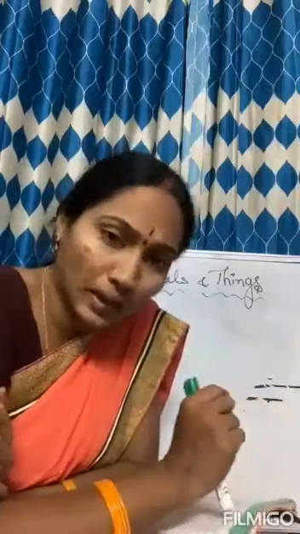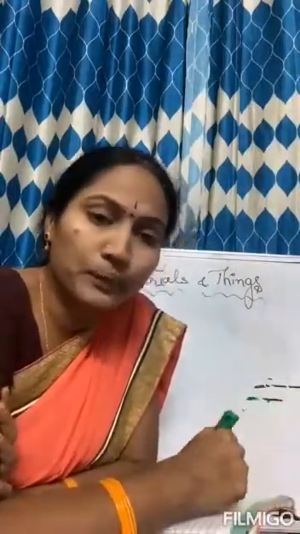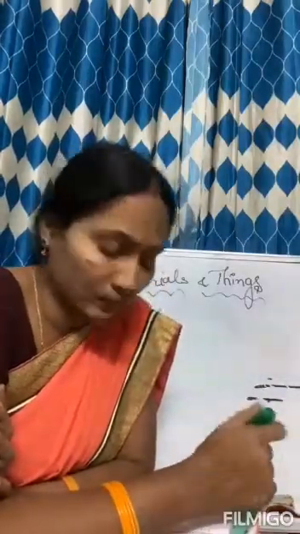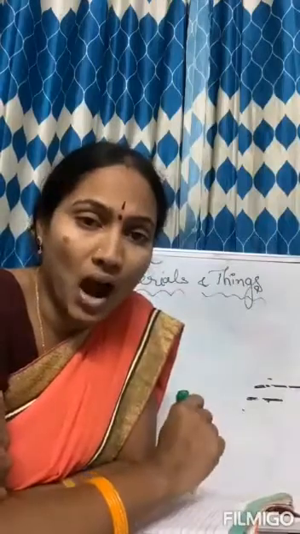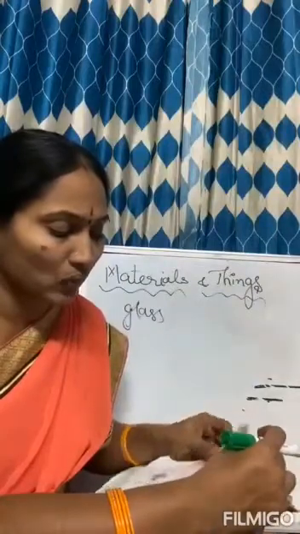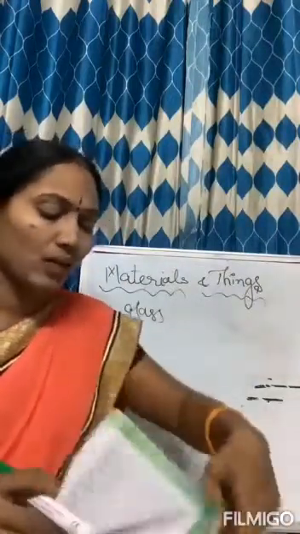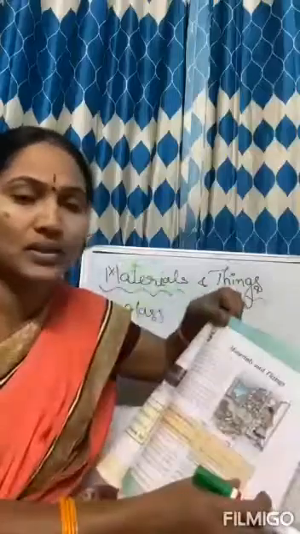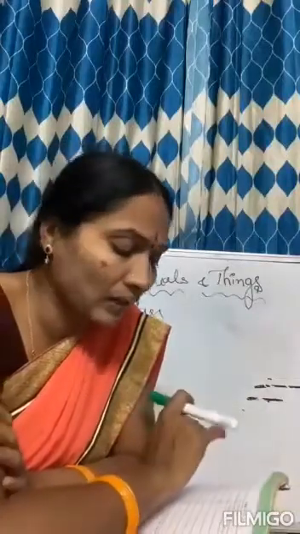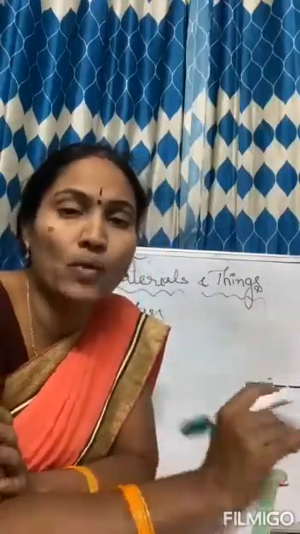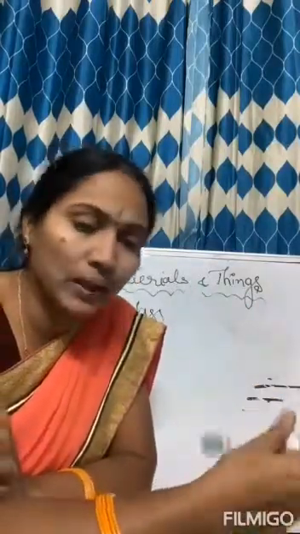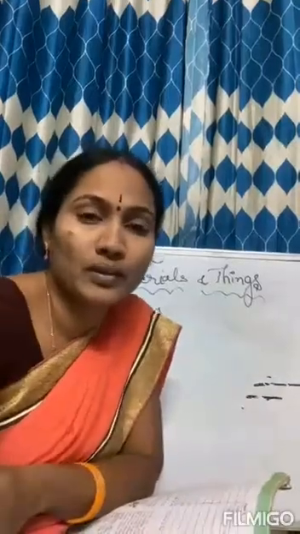So your homework is only table number 2. Just fill it up but write it in a notebook. And once again go through the lesson and underline the hard words. Write hard words from the front page only, lesson number 5. Here you have to write the hard words and then you have to write the table number 2. These 2 homeworks I am giving you. Hard words from the lesson number 5 only from first page and the table number 2. That's all for today. Thank you.